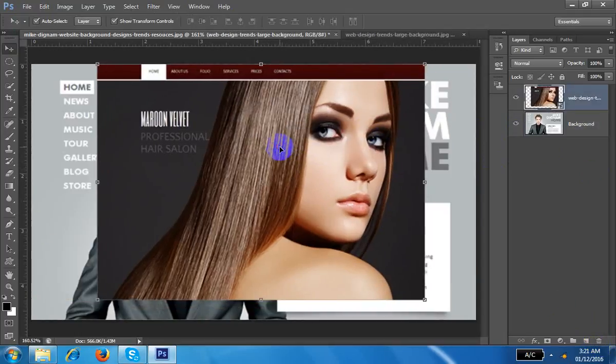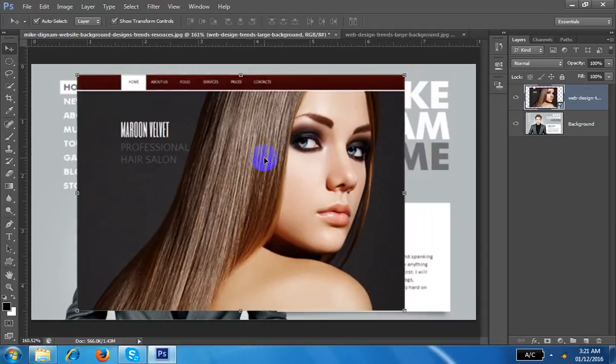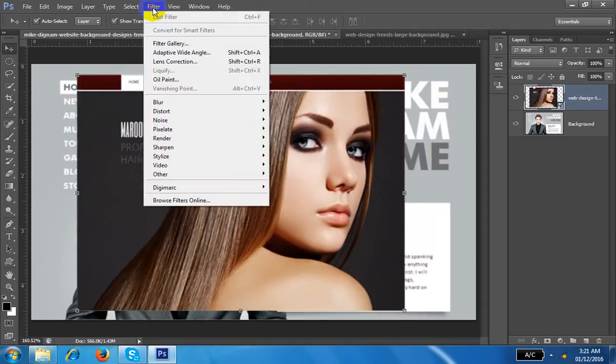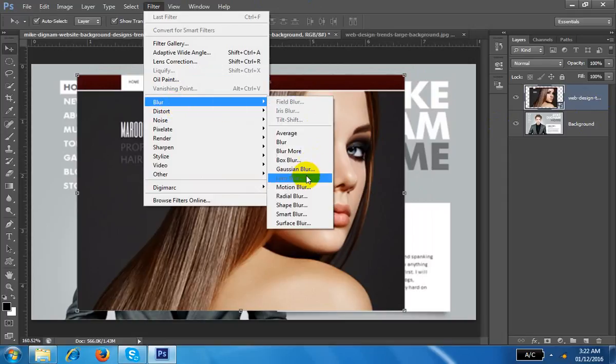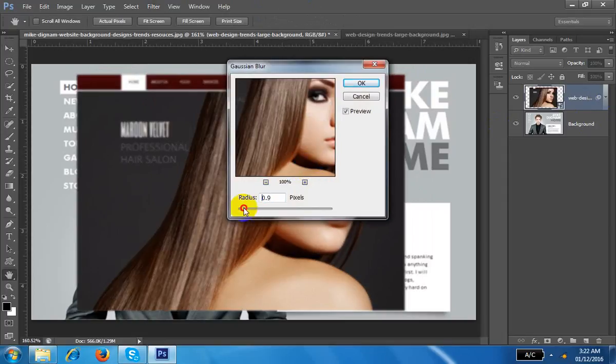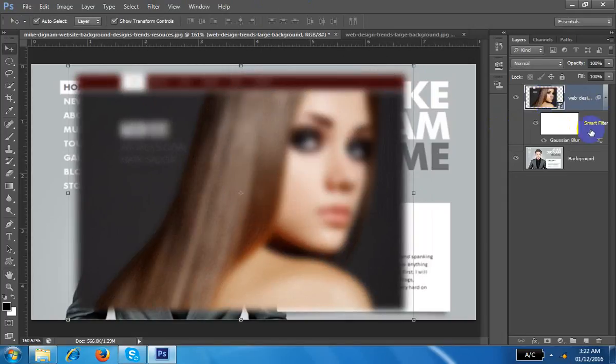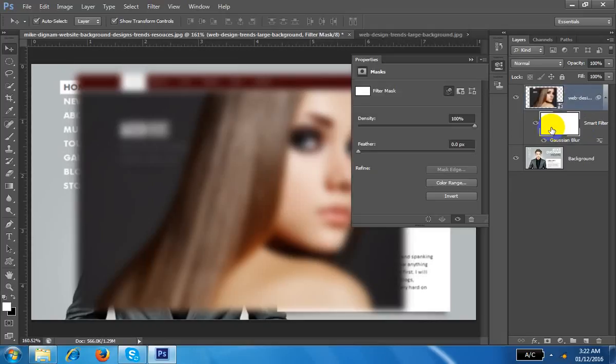Again, suppose what happened. In the smart object, second option. Suppose I want to apply some filter, like blur, Gaussian blur, anything you want to give. So it will give you this option. There is one more channel there, one box. What is the use of this? Double click on this one, you can find the same option. If you want to reduce things, you can reduce it.